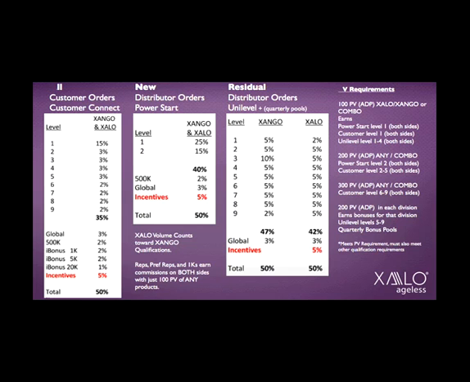Now when you're ready to get your customer payout for level 6 through 9, you bump up to 300, any combination of products, doesn't matter. And then when you're ready to get the full depth of the compensation plan on both sides, you need the 200 points in XANGO to be paid as a XANGO 20K or above. You need 200 points in XALO to be paid as a XALO 20K or above. So that's kind of 400, right? You can get on a 400 ADP with 200 in each division and maximize your payout.